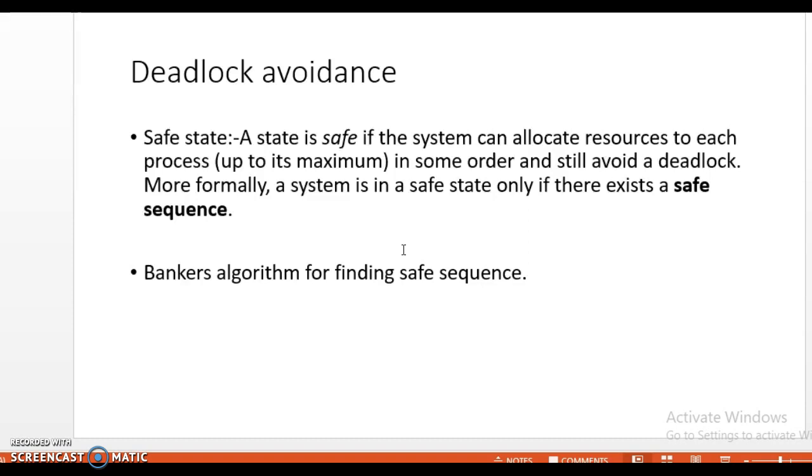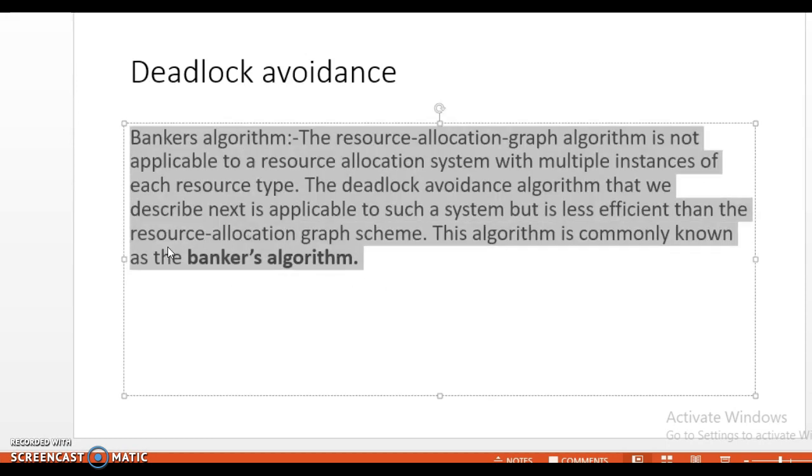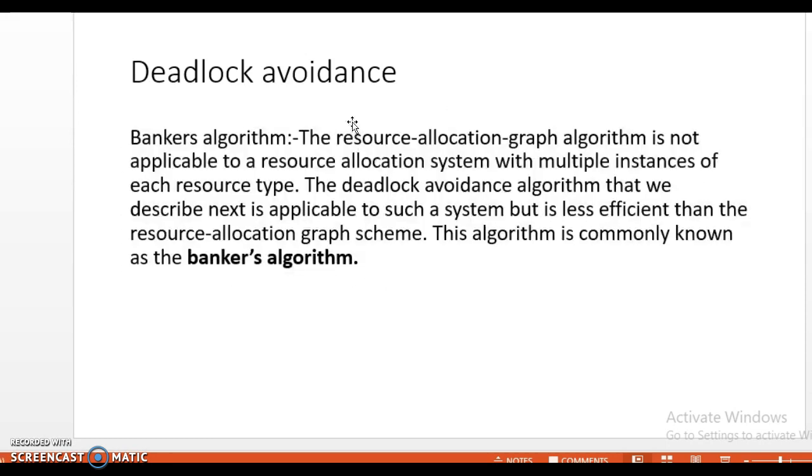So how can we find a safe sequence? And this is where the concept of Banker's algorithm comes in. This is the most important topic for GATE, guys. So what is Banker's algorithm? Let's see. The Banker's algorithm says that the resource